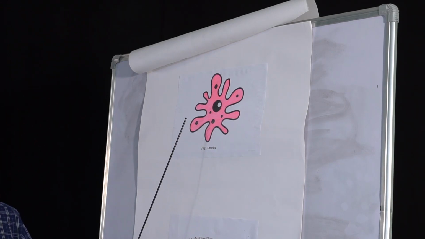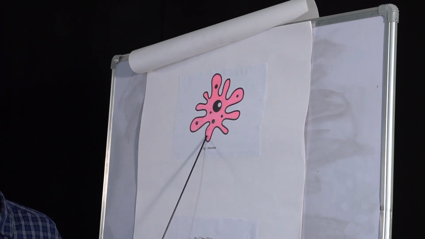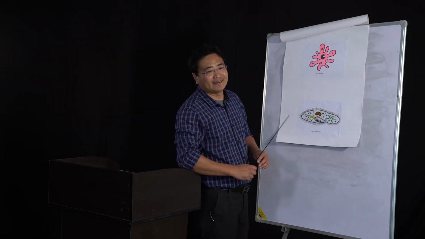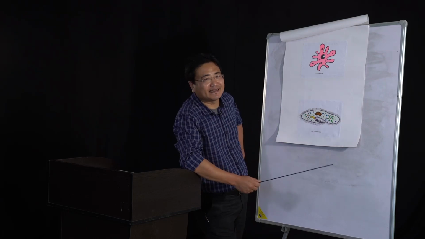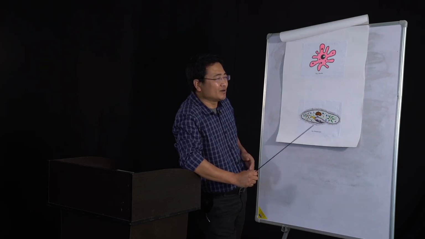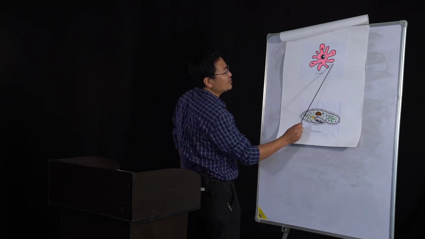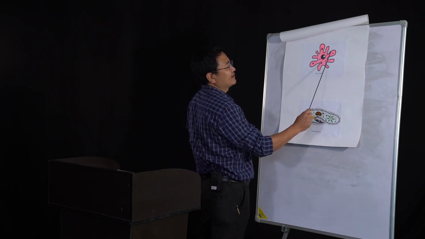It does not have a definite shape. You know why? When it is hungry, or when it wants to eat, or when it wants to move, it produces all these shapes,